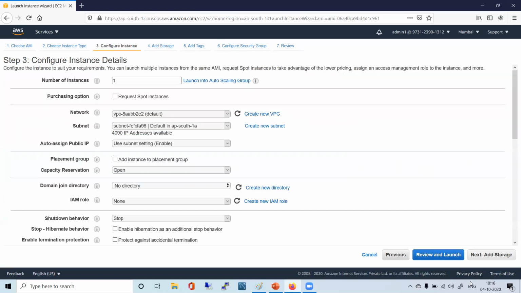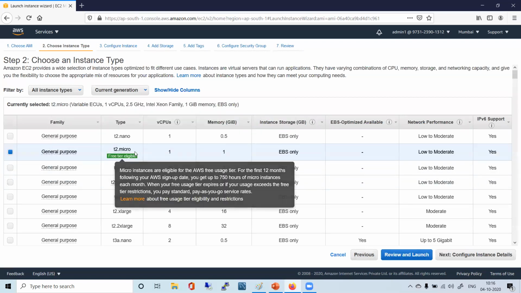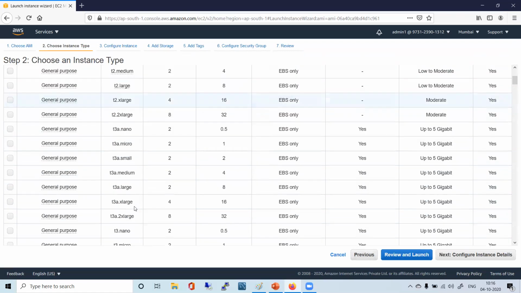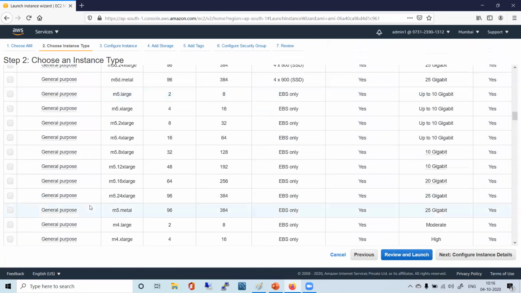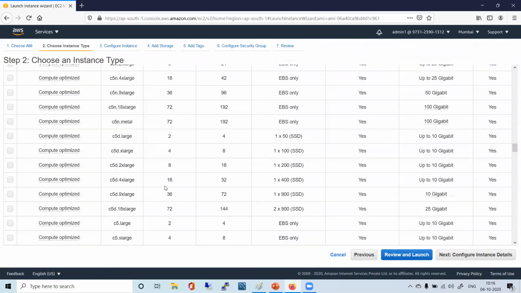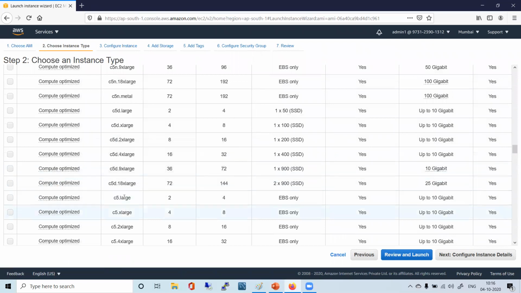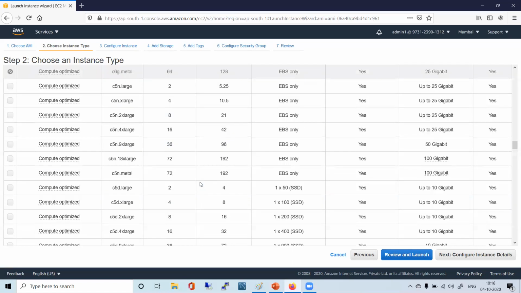Now I want to go for something else. Say, here in the previous section, while I was doing the T2 micro, at that time, if I choose something else, something big, say M4, say I go for some C5 large, or say C5 18X large. I go for this. Possible, right?